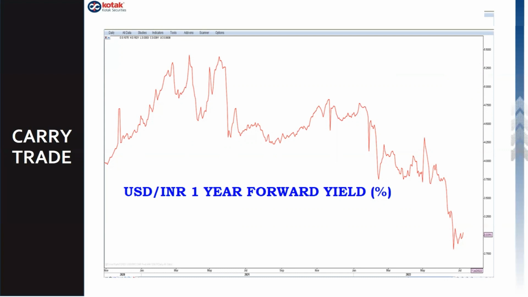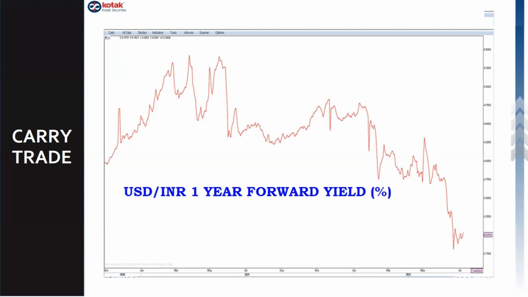If we look at the one-year forward premium divided by the spot, we get the forward yield, and that is trading at the lowest levels since the end of 2011, which is pretty low. So on one side, because of the global macroeconomic backdrop, the emerging market currencies are expected to depreciate. On the other side, the premium that one can receive by shorting USDINR in the futures or forward months is at a decadal low. So this combination is not very conducive for carry trade.